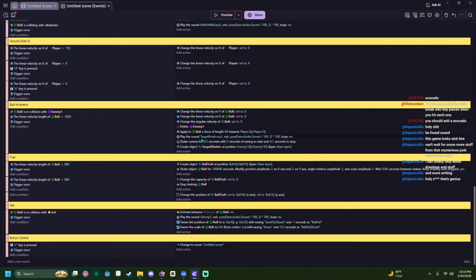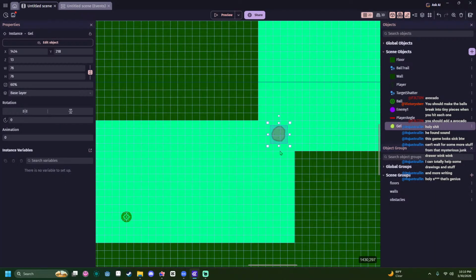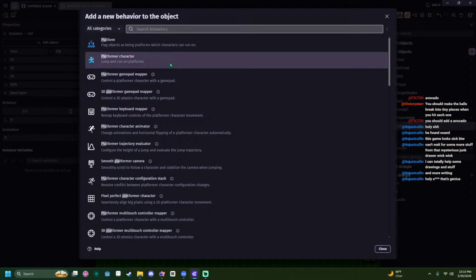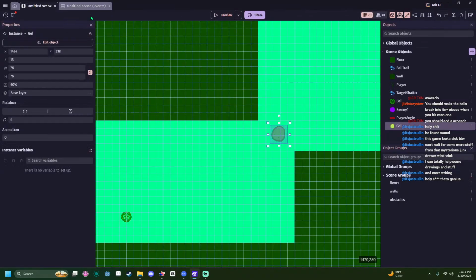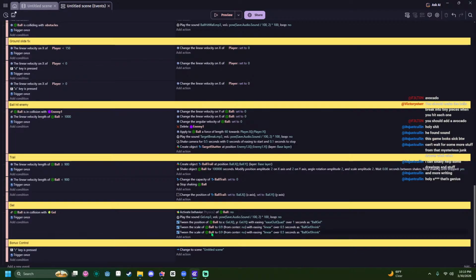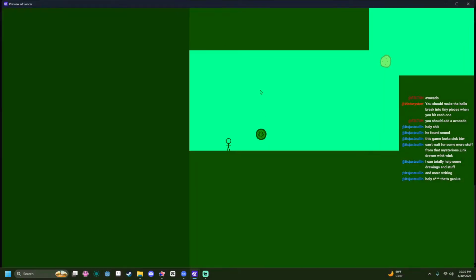Let's tween the scale less. Do like 0.9. I kind of want to increase the size of this. It's gonna be harder to do than I thought, though. Between the scale of gel to like 1.1. Let's just see how that looks.